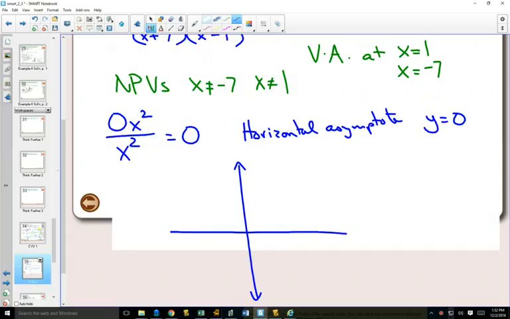Now, when you would go to graph this, again, you always start with your asymptotes. So we have an asymptote at 1, and we have an asymptote